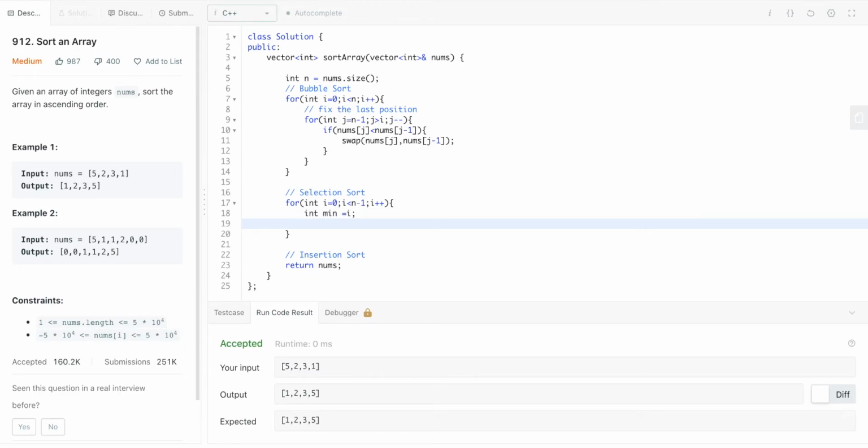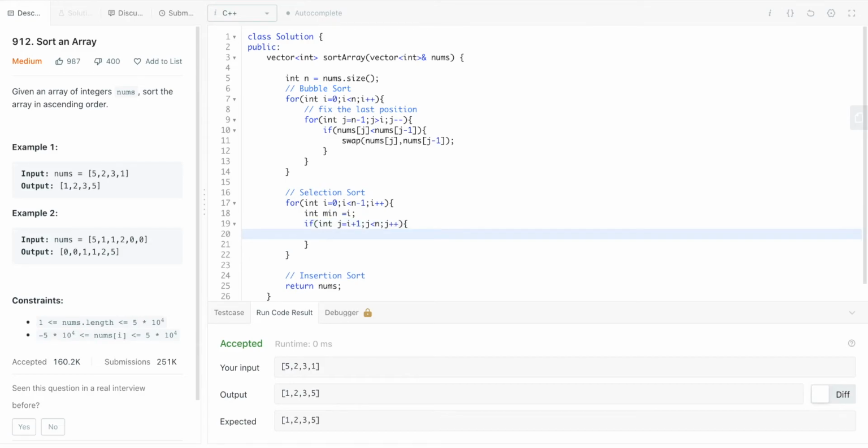Now we will go through the rest of the array and find out if there is anything lesser than the ith element. So I will iterate with j from i plus 1 all the way till n, doing j plus plus, and find out if there is any element lesser than nums of min, the current element.